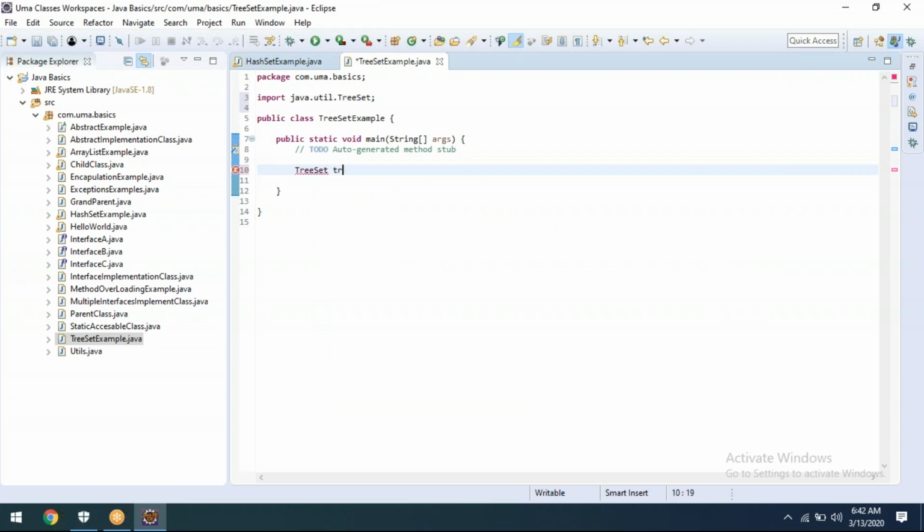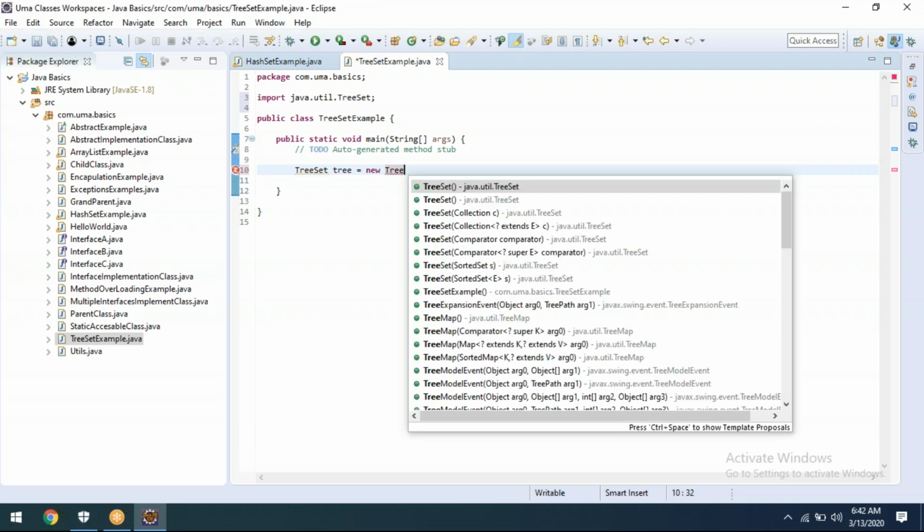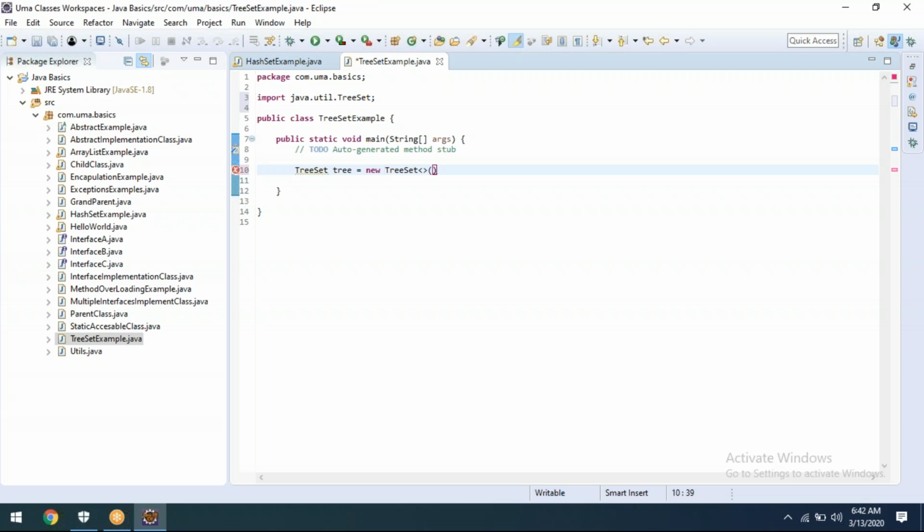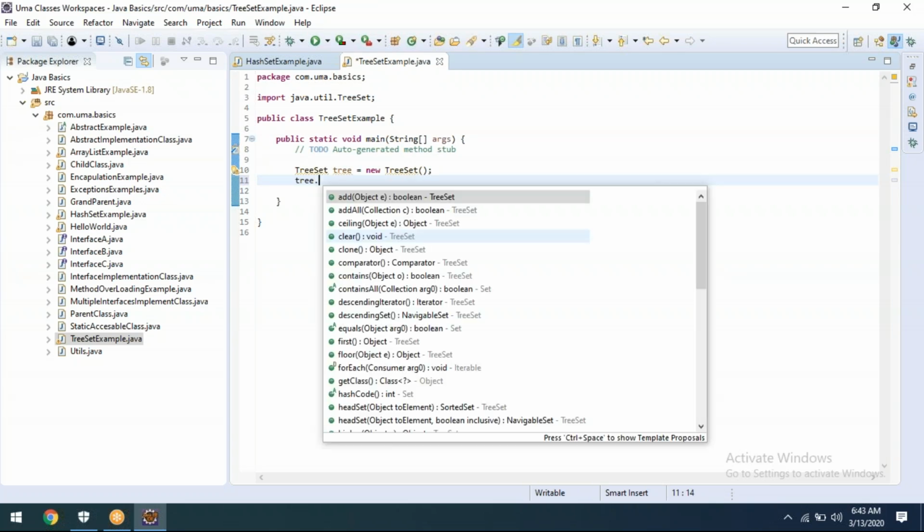I'm putting tree as the object equal to new TreeSet. Now again the angular braces will come, I'm removing. Till now, is there any issue? It's a simple object creation for the tree set.